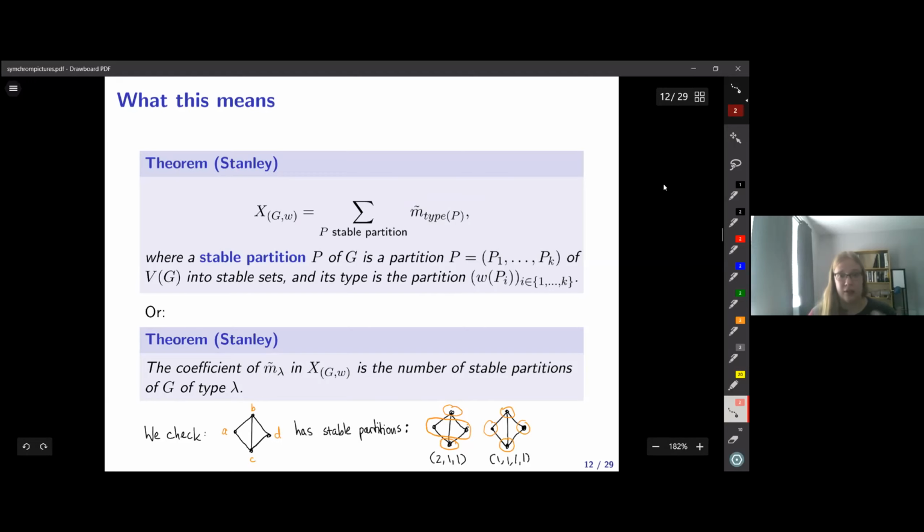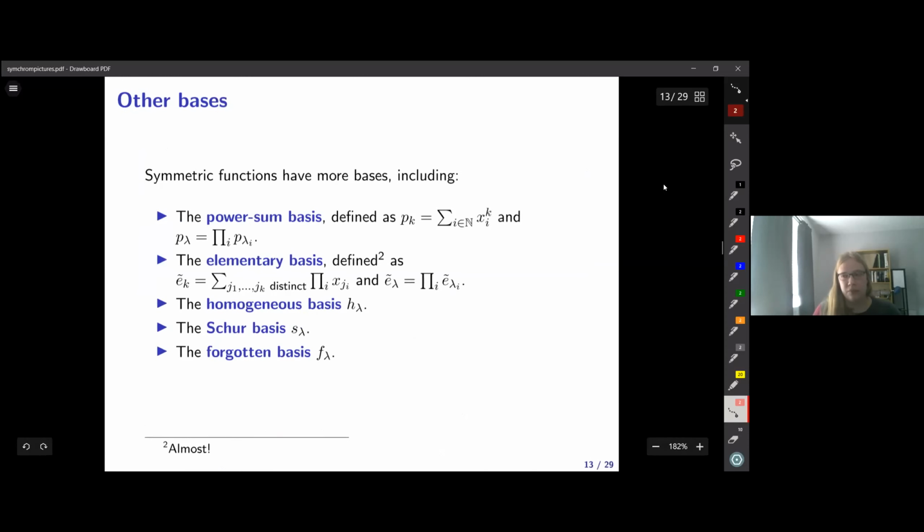Right, so just to go back to the example, if we look at this graph once more, we can see it has two ways to partition it into stable sets because A and D can be in the same part or they can be in different parts, which gives us exactly 2, 1, 1 and 1, 1, 1, 1 as before. So far we haven't done very much, but